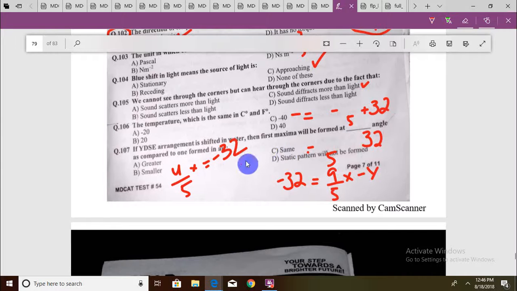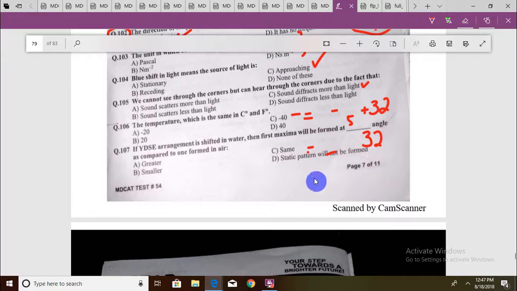Right, anyways, we have the next question, which is about YDSE, which is frankly one of the topics I really like, because it's mostly the same as in A levels, just less interesting. If the YDSE arrangement is shifted in water, then the first maxima will be formed at an angle of